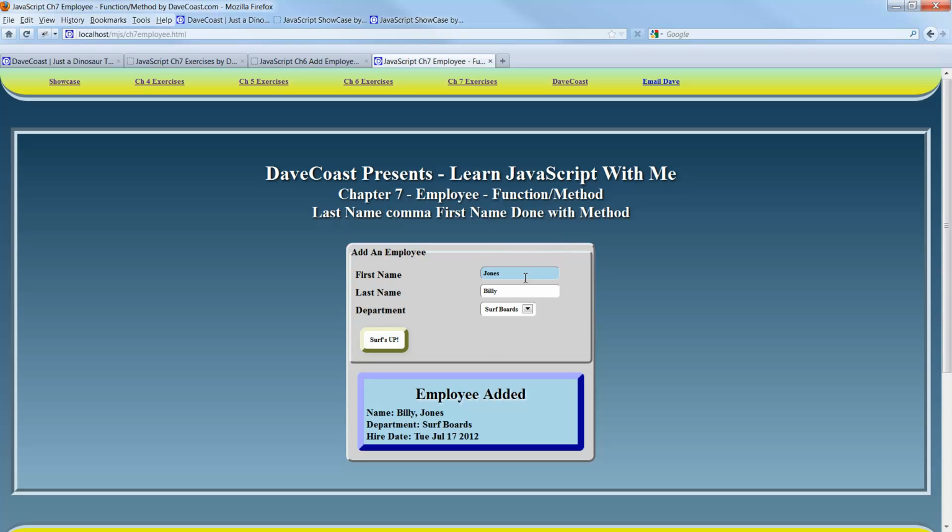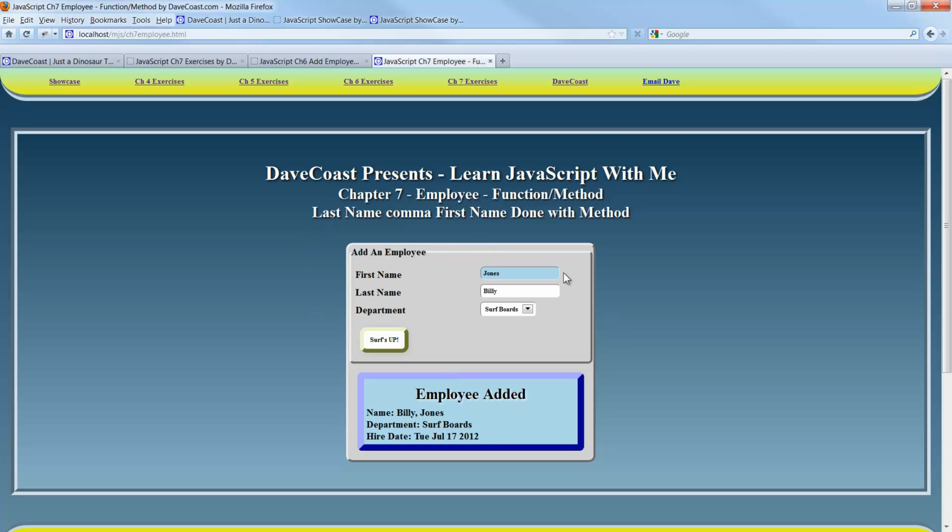Previously, all we did was do this concatenation with the comma space, last name, comma, first name. We did that just with a concatenation of a variable, and we'll look at that code later. Now we're doing it as a method within the object, this employee object within the code. Before we get into the